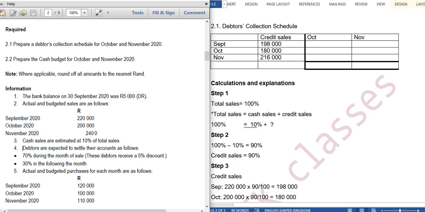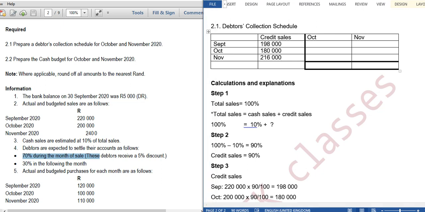If we look at number 4, debtors are expected to settle their accounts as follows: 70% during the month of sale. So if we sell in September, it means we are going to collect in September. Sell in October, we're going to collect in October. Sell in November, we're going to collect in November, because they are saying 70% during the month of sale. So 70% of this,